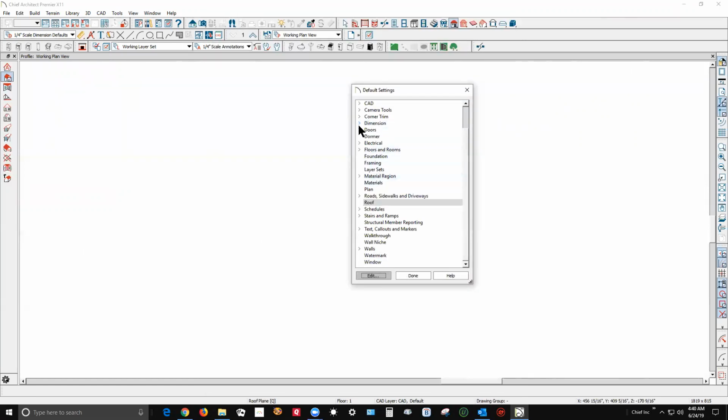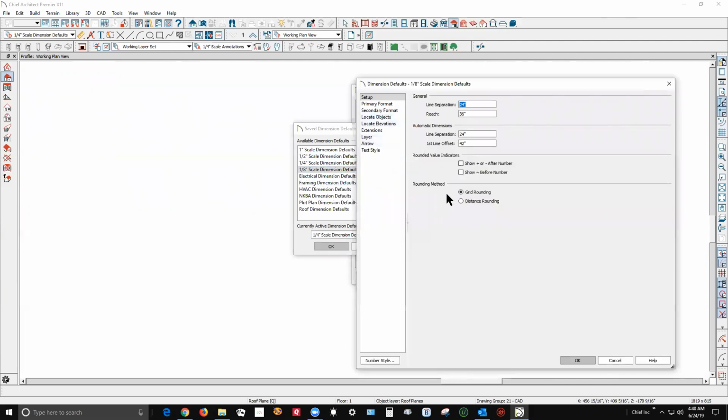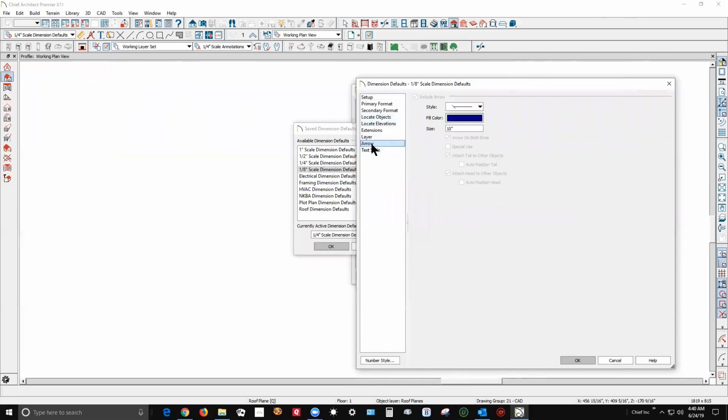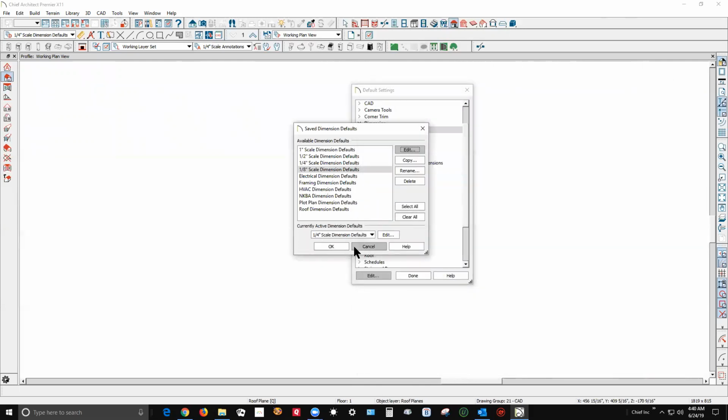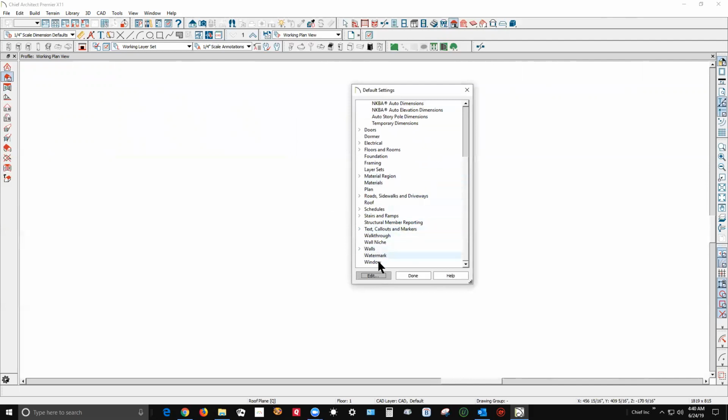Let's go over here to dimensions. And for remodeling, I use this. And I have particular settings in it. This particular arrow type I like, and on and on and on. I go through all of these and set it up the way I currently